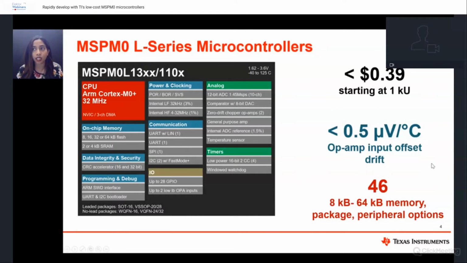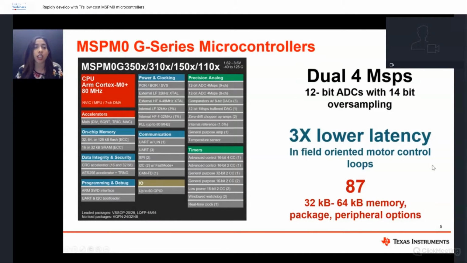Moving on to our second family, MSPM0G series. MSPM0G is defined as having a higher compute speed operating at 80 MHz, making them our fastest compute devices in this MSPM0 portfolio. This family goes up to 128 KB flash memory and offers high-performance analog peripherals, such as two